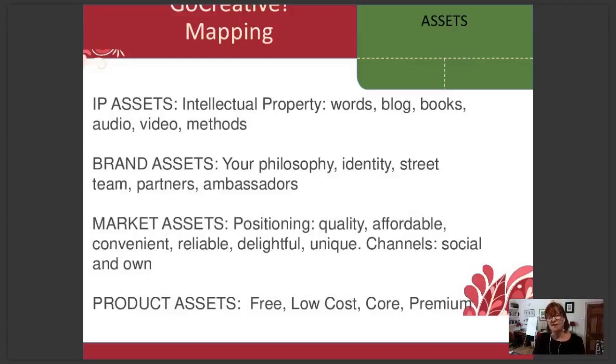You may be familiar with the business to business idea in conventional business. Are you a business to business business, or are you a business to consumer business? It's a big distinction in conventional business. Well, I think we are people to people businesses. We're kind of heart to heart businesses even, so begin to think about that and how that applies to you. Then there are what we call market assets.